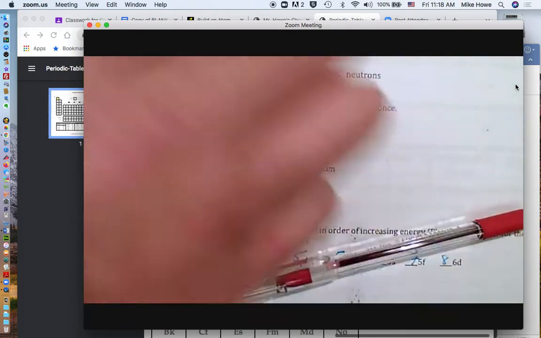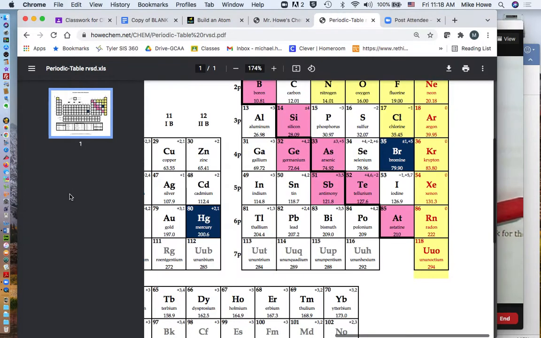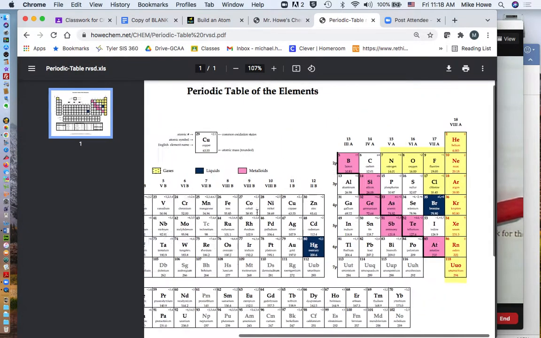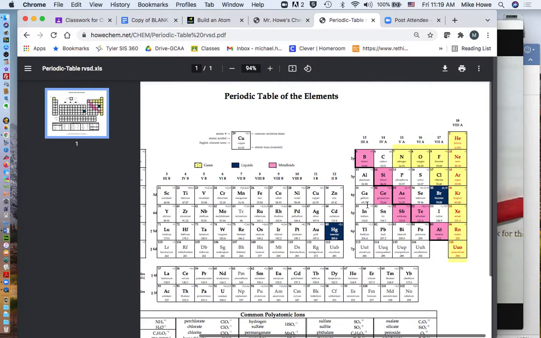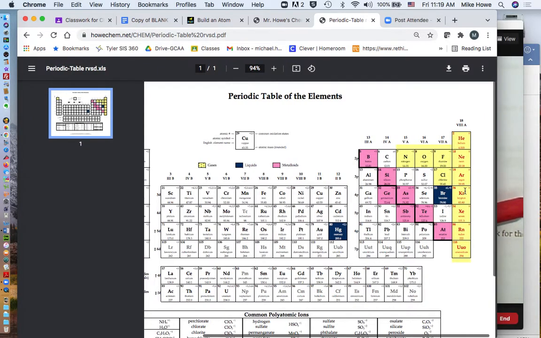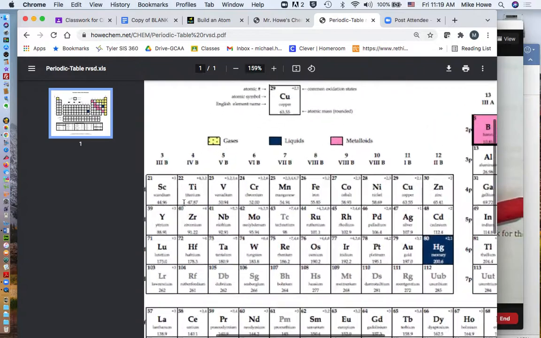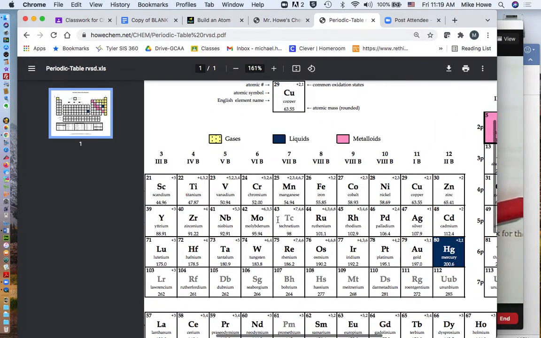All right, so now, looking at the periodic table, there are blocks on this periodic table. You can see this is the p area over here. Quick, how many electrons in a p sublevel? There are 3 beds, 6 people. So 1, 2, 3, 4, 5, 6. How many beds were in the d sublevel? There were 5, right? But each bed holds 2 people, so I would expect this part of the periodic table, which is marked as D,